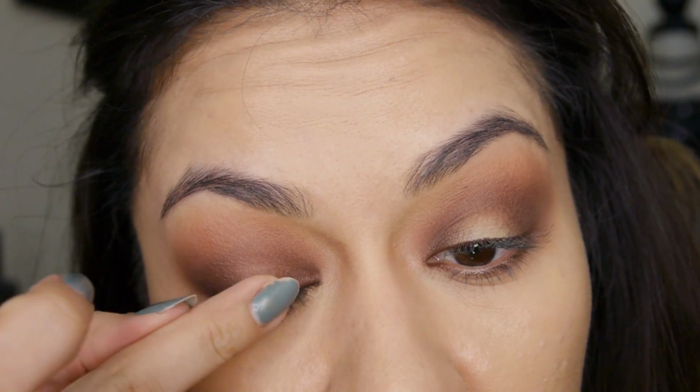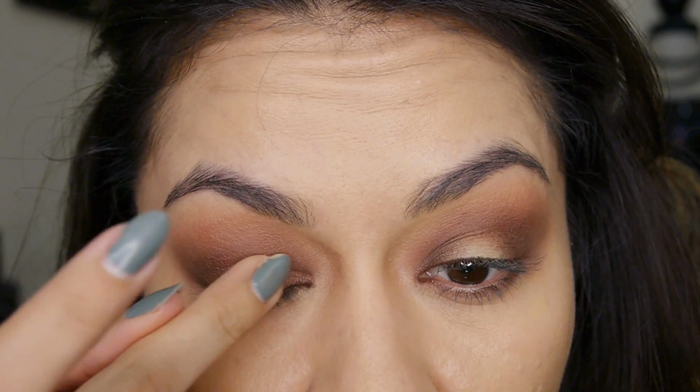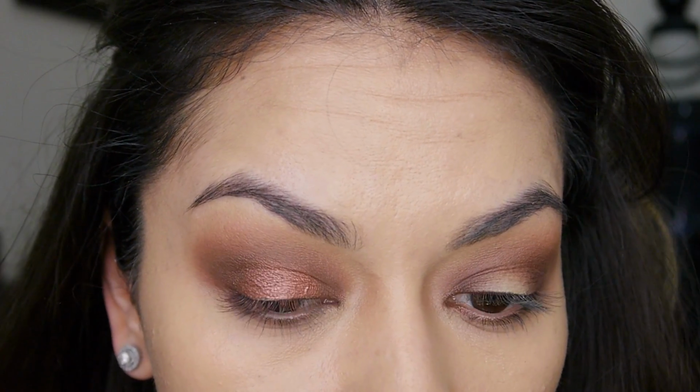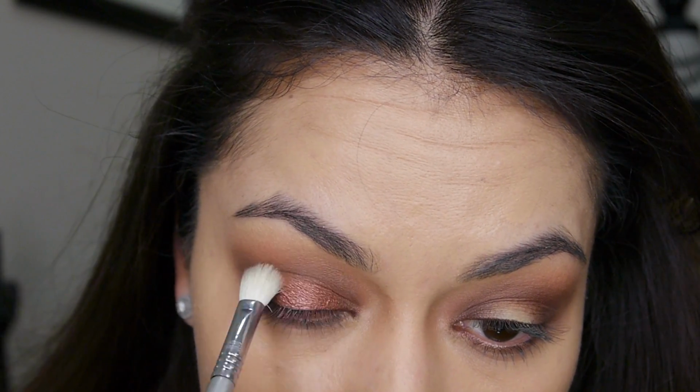And personally, I like to apply most of my shimmery shadows using my finger. I feel like it just works the best. You get the most color payoff. So that's what I'm doing today. I'm just packing on that cranberry shade to the center of the lid, and then I'll go back in and blend things out with a tapered blending brush just to soften out those edges and make sure everything is nice